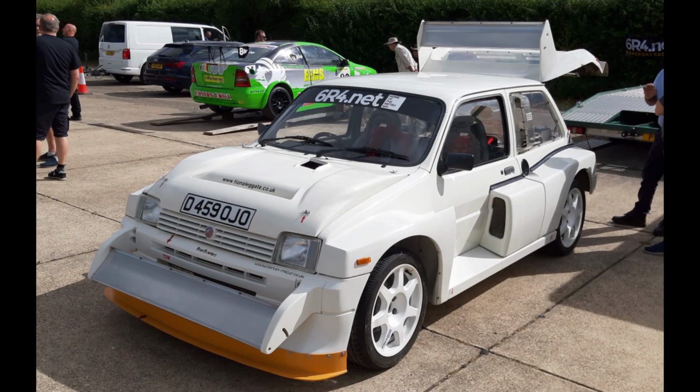In the 3 years that Williams Grand Prix had been involved, it wasn't necessarily a given that the Metro was going to be the donor car. The Maestro and the larger Montego had also been considered, but they found that they were able to get quite a bit of kit into a small silhouette,